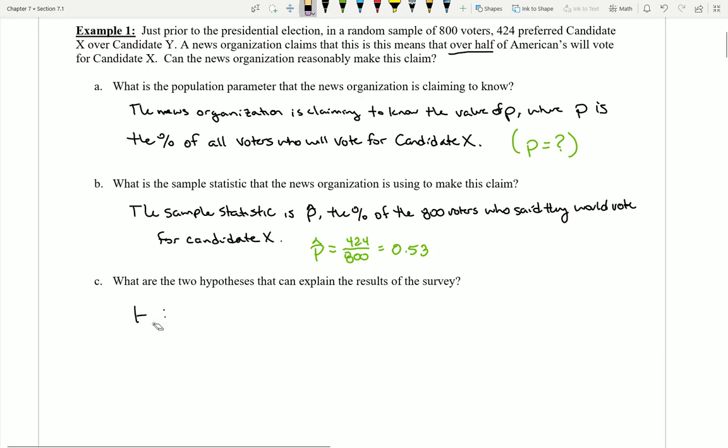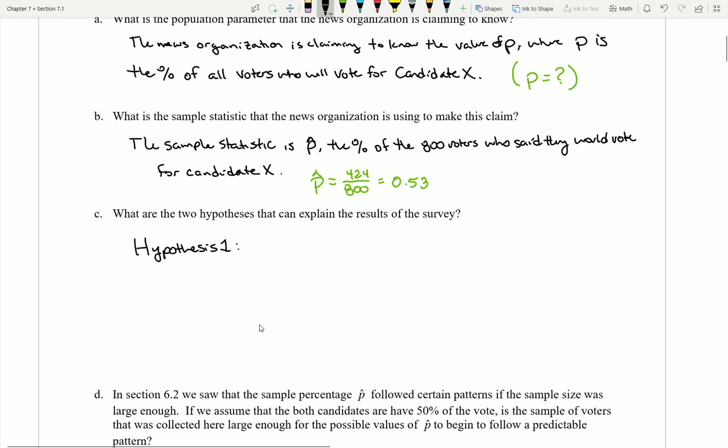Let me go ahead and reword that like this. So I'll say I have hypothesis 1, and remember that hypothesis 1 was often a boring kind of hypothesis. It said, nothing really interesting is going on here. Maybe no candidate is going to be winning at this point in time. Maybe it's just a 50-50 split. So maybe I could say something like no candidate is the favorite at the moment. That is, nobody is winning all or a majority of the votes.